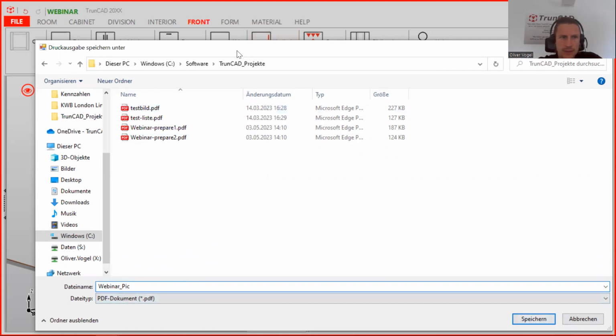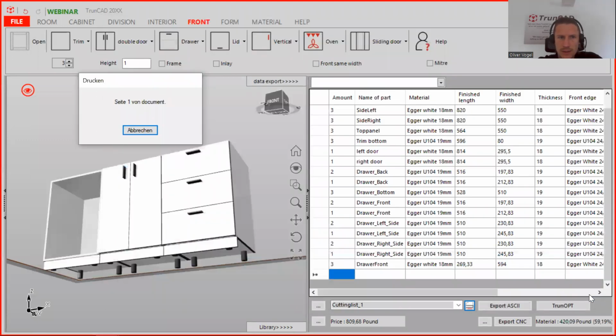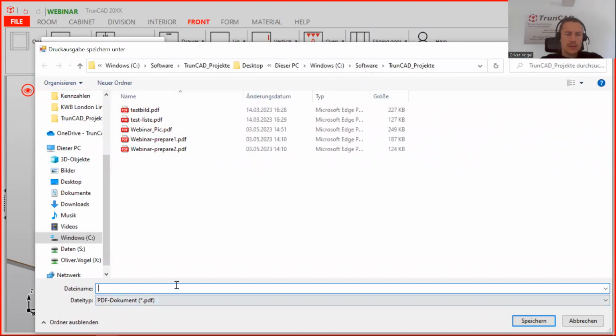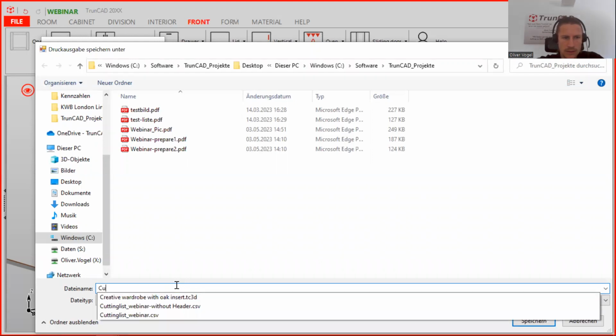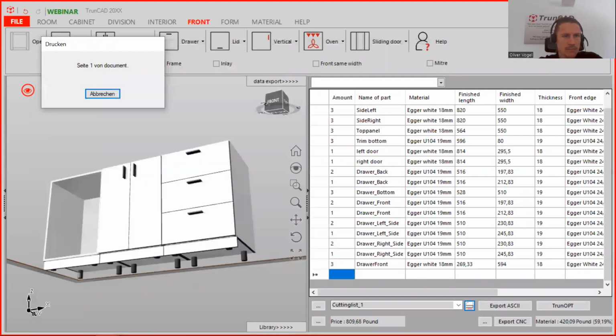Yeah, it will be this. Save this, and the second one will be the cutting list. So we call it cutting list webinar. And it's a PDF file. After you save it,